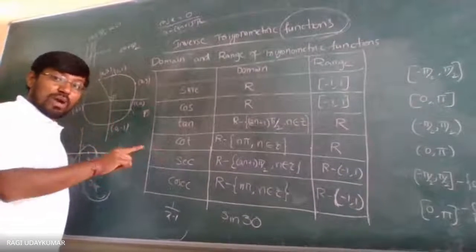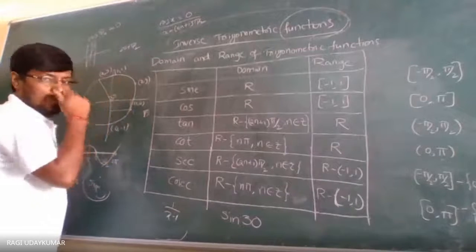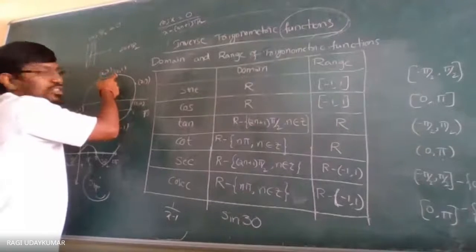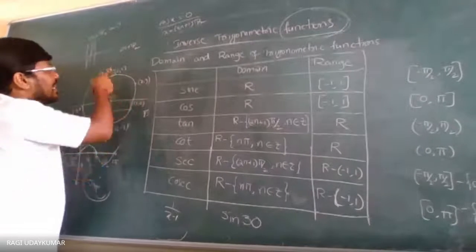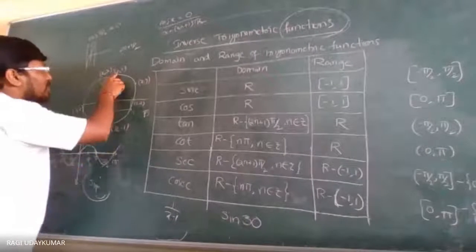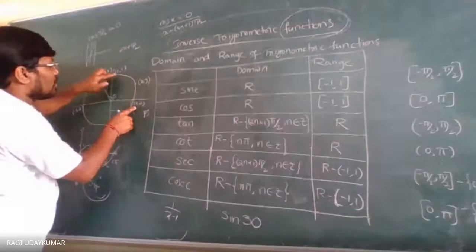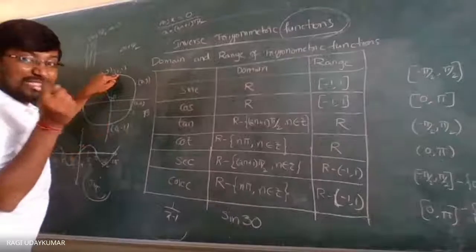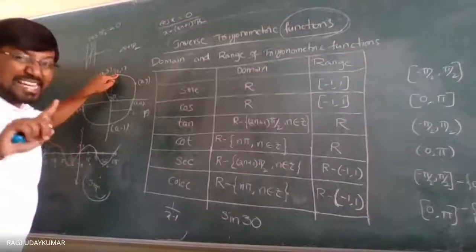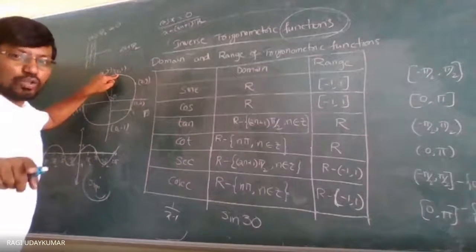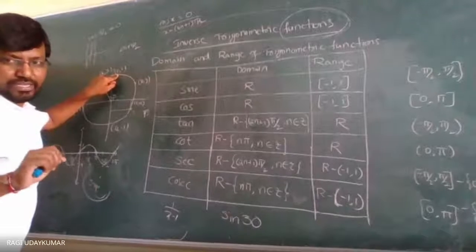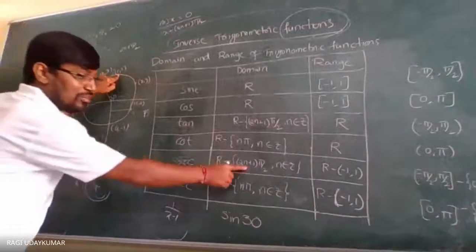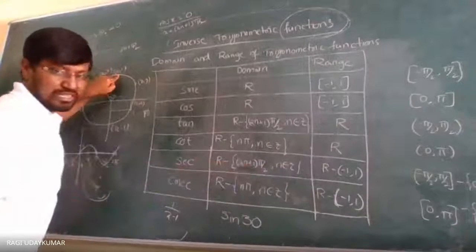Secant 1 value is 1. And as the angle increases, it is going on increasing the value. And it goes to here, 0. Sorry, as the angle increases, it reaches here, which is 0. So cos pi by 2 value is 0, but secant pi by 2 value is 1 by 0, which means undefined. It is undefined. So that value should not be taken into consideration. That's why pi by 2 is not taken.